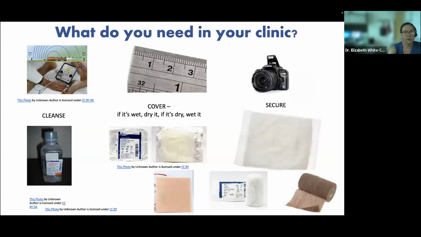Right. And I want to be mindful of our time. So although these are some important points, I want to make sure we get to your questions. So really, what do you need in your clinic? We talked about having the ability to do an ankle brachial index, so having a Doppler machine and your blood pressure cuffs, having a way to assess the wound with a ruler. So you can get paper rulers, having a competency amongst your team members to make sure that everyone's measuring the same way, whether it's longest length by widest width or head to toe, et cetera.